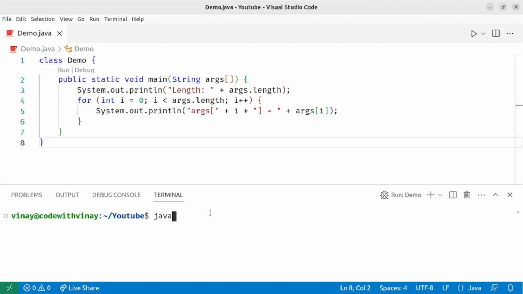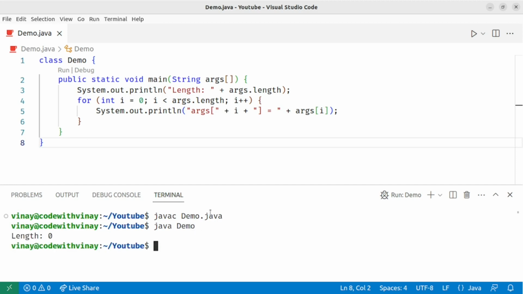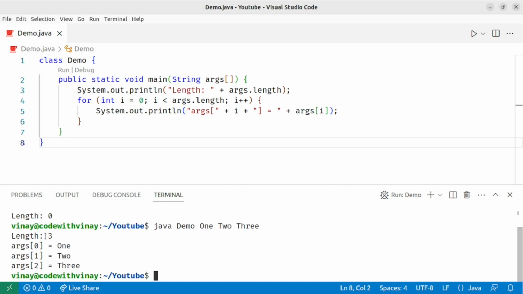So we'll compile the file by saying javac Demo.java. And once it is compiled, I'll execute it by saying java Demo. Now if I press enter, see what happens. It says length is 0. The reason for this length being 0 is that we haven't passed anything on the command line while executing the code. So if I again run the code and this time I say 1 2 3, please note 1 2 3 is a string. So if I press enter, now as you can see, the length of the array is